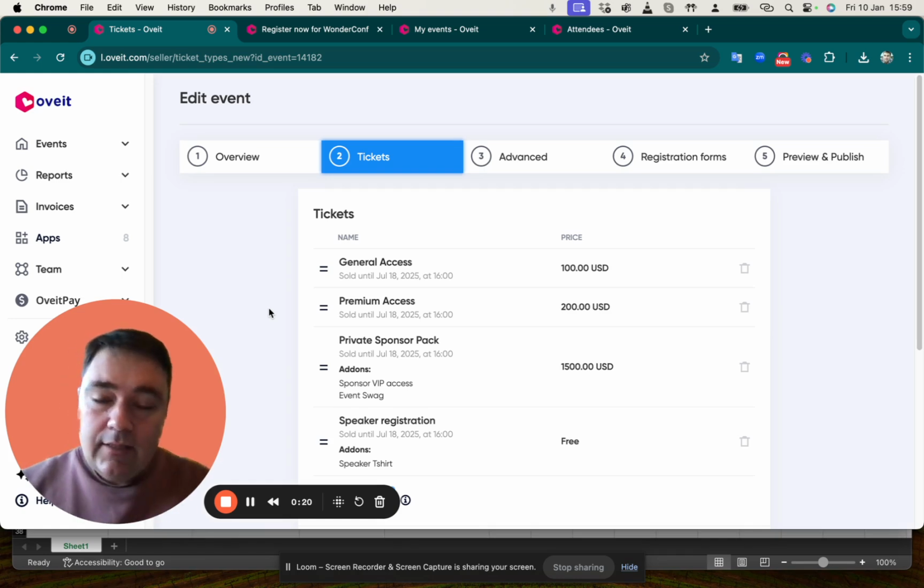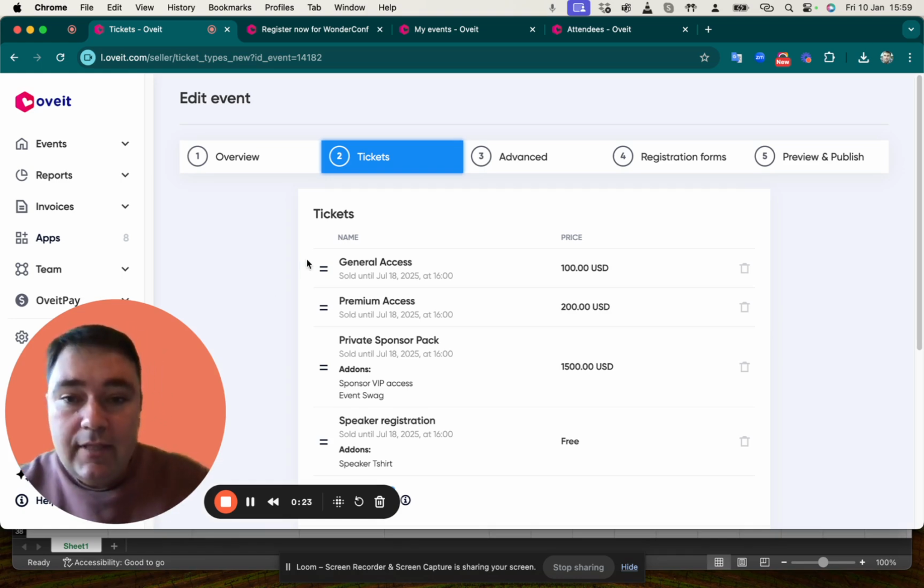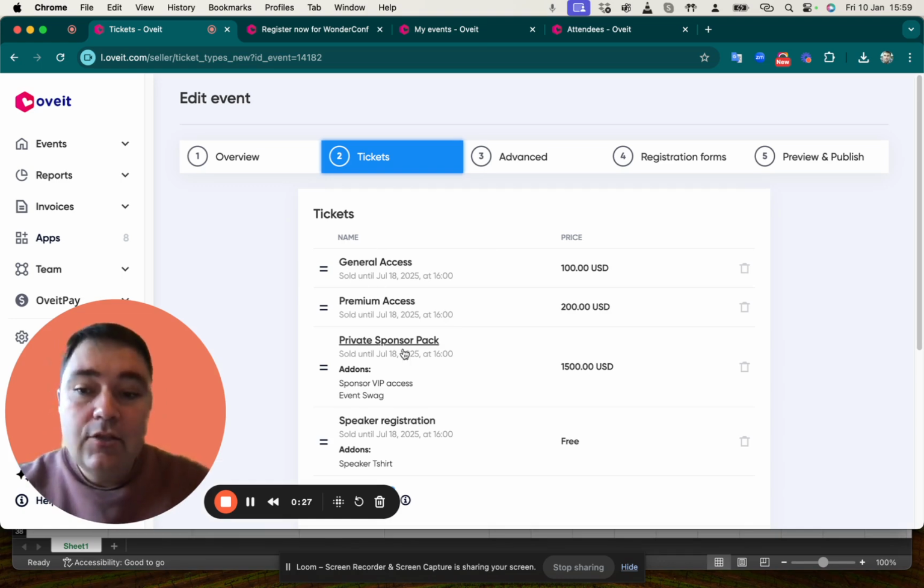Today I'm going to show you how you can import tickets for sponsors, speakers, or complimentary tickets that you might want to issue to your community, previous attendees. To do that, in my Oveit dashboard, I've set up two public tickets and two private tickets. You can import all sorts of ticket types, both public and private. But for this scenario, I want us to focus on how we can import sponsor comp tickets as well as